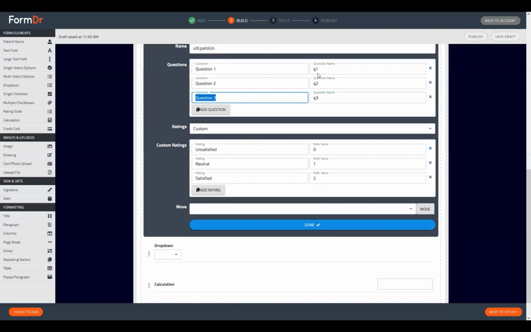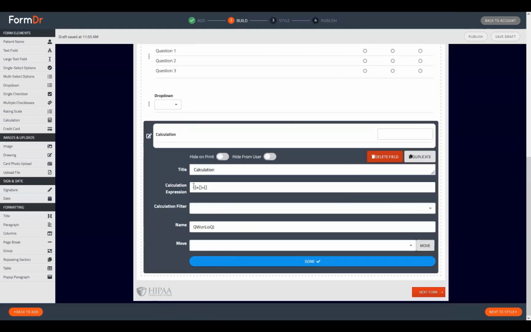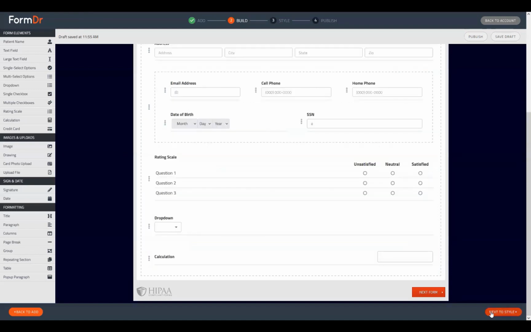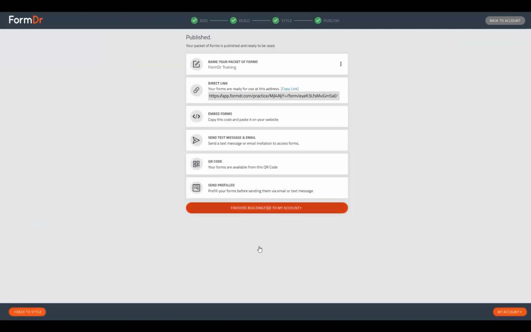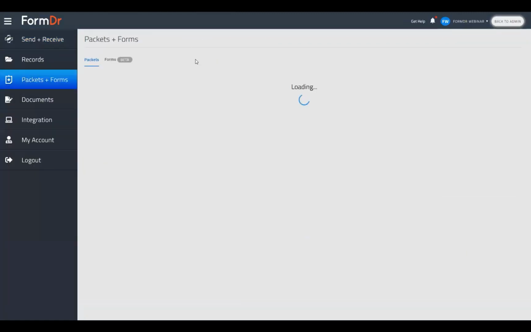And we're going to take those shortcodes and place them into our brackets in the calculation expression for our calculation tool. So Q1, Q2, and Q3. Now, when we go to our style page, depending on the selection that we've made, it will update. It is not updating. That's because the calculation tool is going to need to be tested on a live form. So we can go back